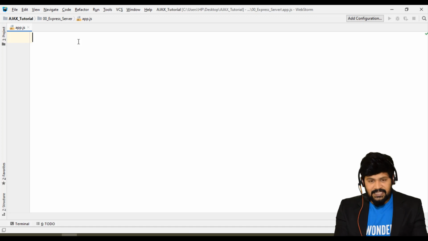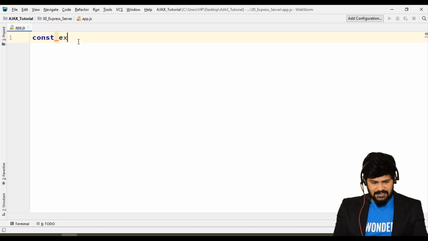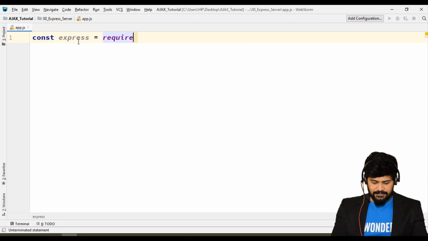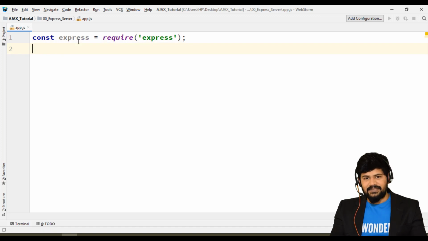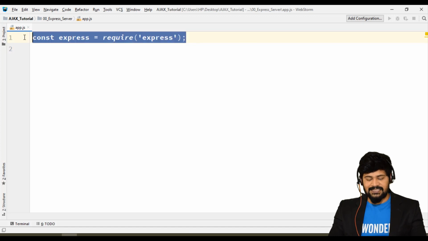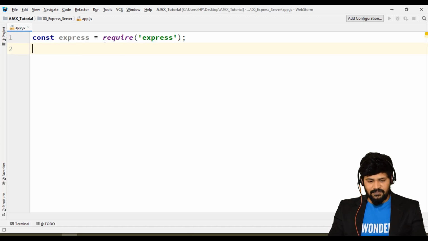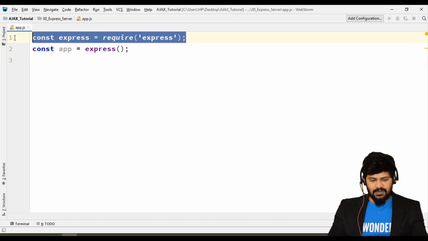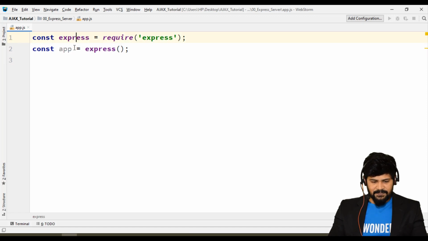Fine, and let's start with the Express server. So const express is equal to require express. Generally we import some libraries in JavaScript, right? Import some particular JS. Same like that, to load libraries on the Node.js side, we use the keyword called require, just to import the library. Then const app is equal to express, like this. This is to load express and this is to initialize express.